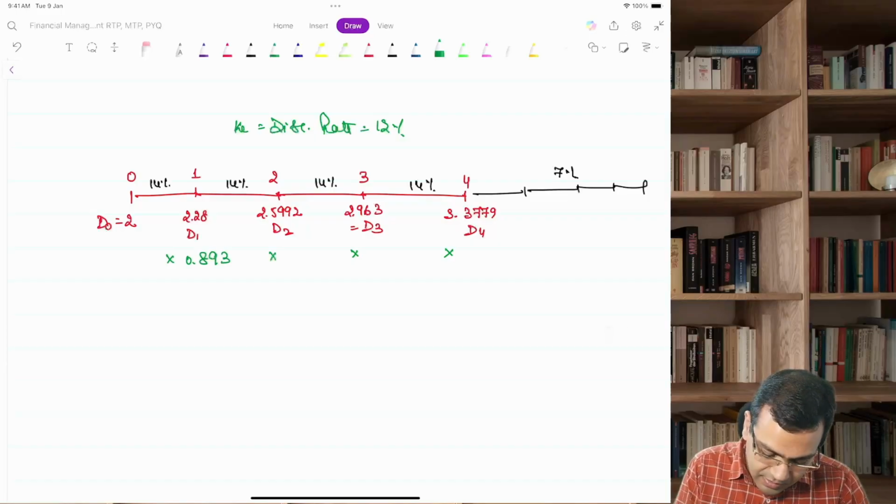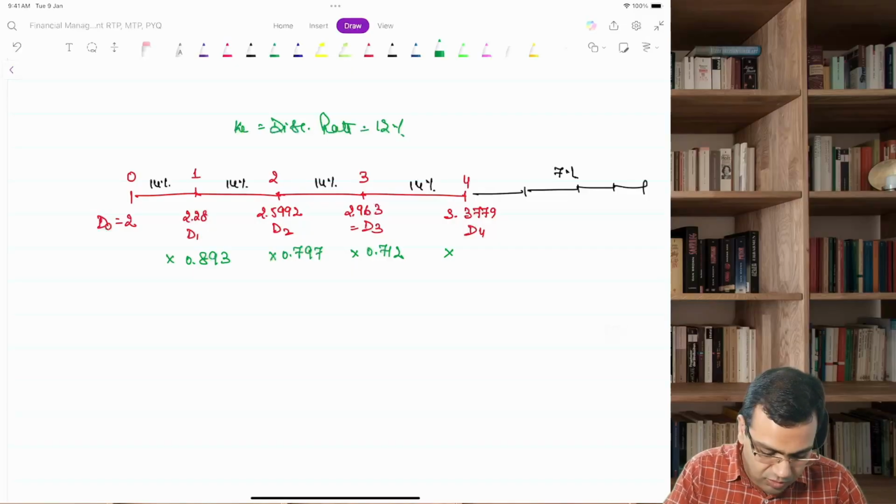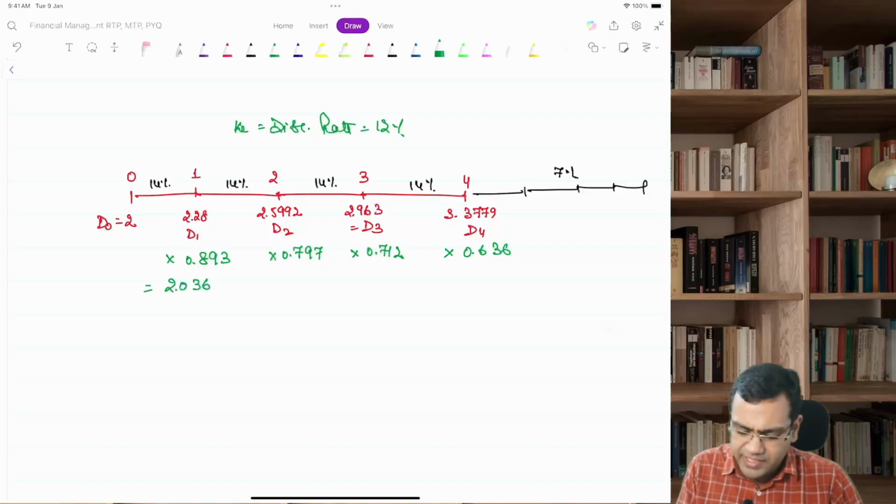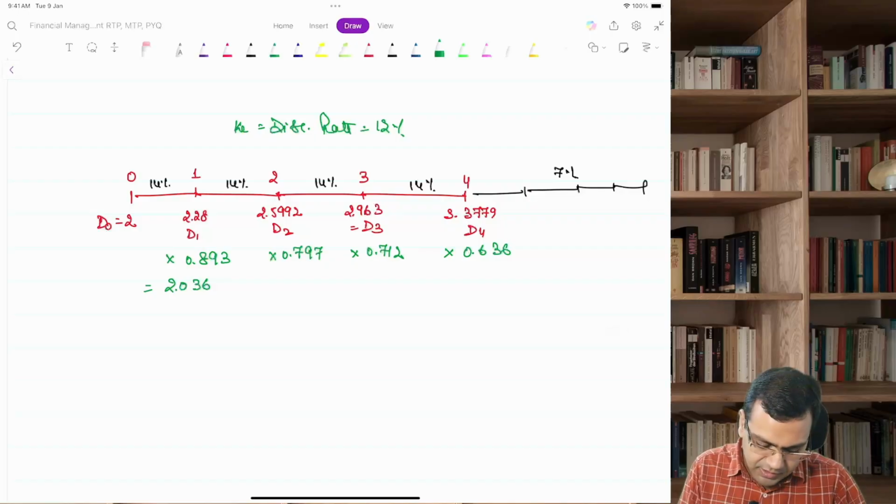0.893, 0.797, then we have 0.712, and the next one we have is 0.636. So let's try to find out 2.28 multiplied by 0.893, that comes to 2.036. I'll take it to 3 decimals, so we will get the approximate answer. Multiplied by 0.797, that comes to